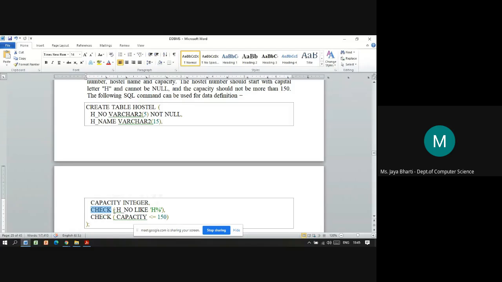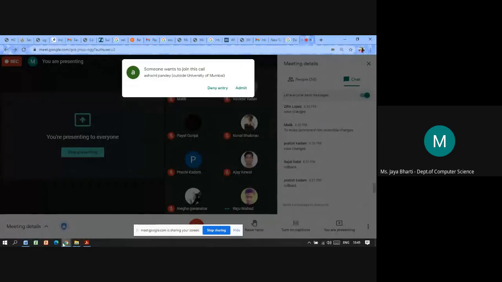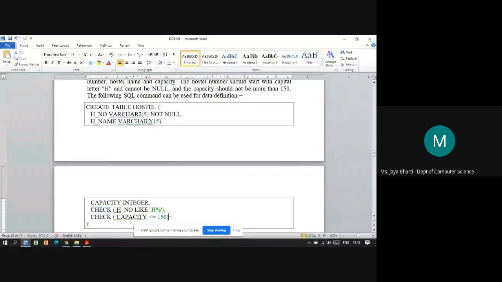This way you put the constraint on the table, then close the parenthesis and add a semicolon. So: create table hostel, h number varchar 25 not null, h underscore name varchar 215, capacity integer, check.